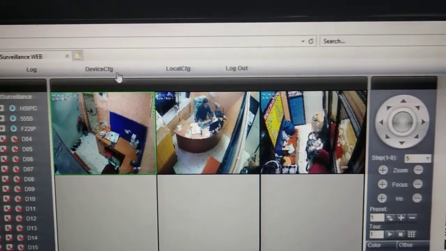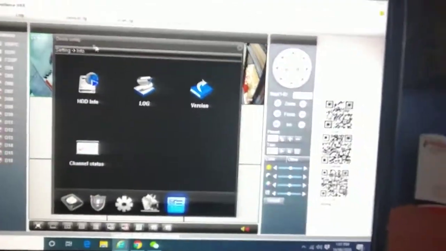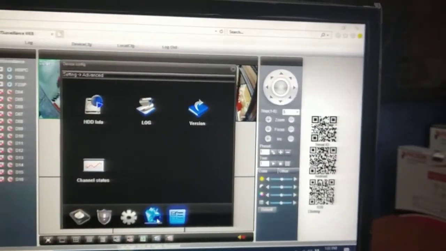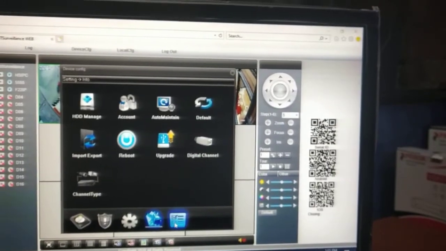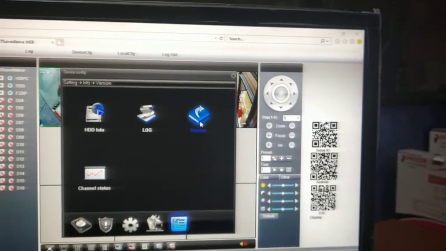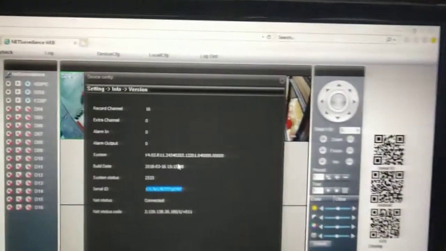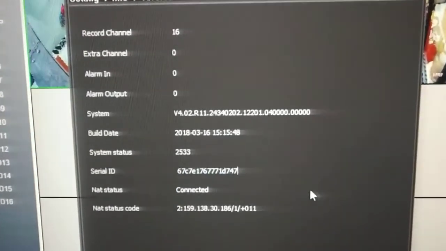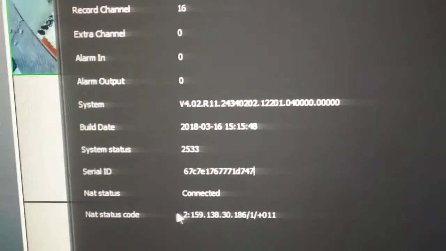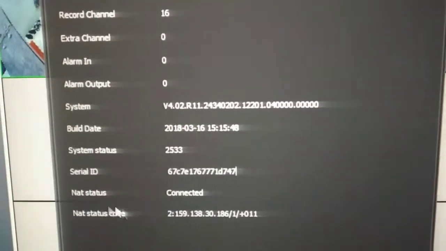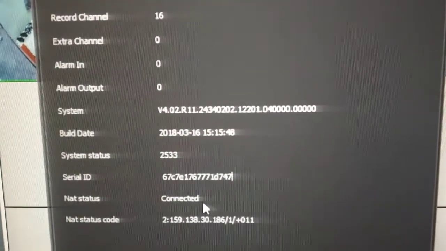So first click on device config. This is all settings. Okay, so our P2P ID will show in version. So go to the version option, and this is our P2P ID. So first, if your DVR is online, the NAT status needs to show connected.